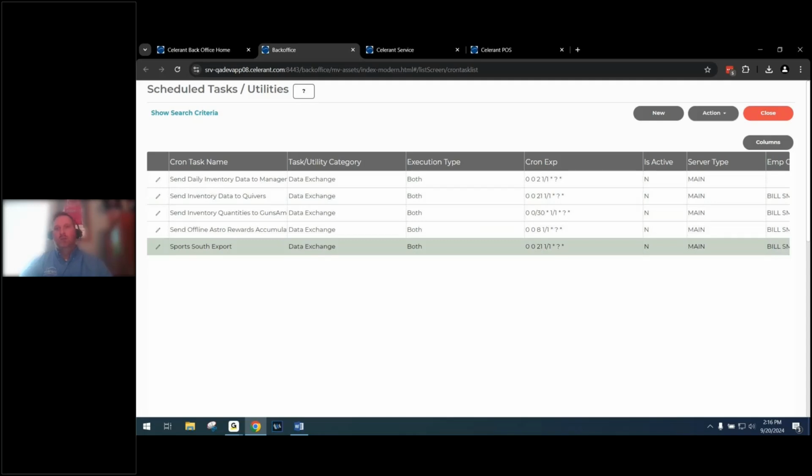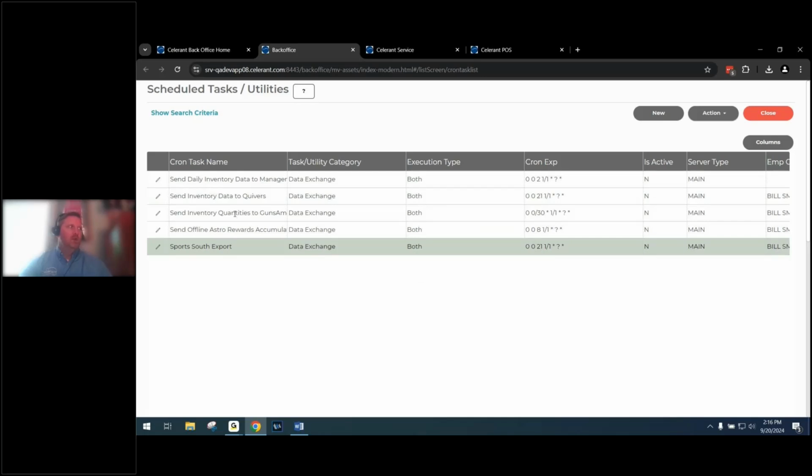So what we did is we've utilized the OF fields that we talked about earlier. So you can customize whatever OF 1 through 6 that you want to designate as one of those two fields. You're able to do that. And then it's just a matter of saying, okay, send to Guns America. So you're going to be using an OF field. You're going to be able to use bulk change on the product list to be able to flag items that need to get sent. And you also use another OF field to define, is it new in box, is it used, etc. So once you have the items listed that you want to send to